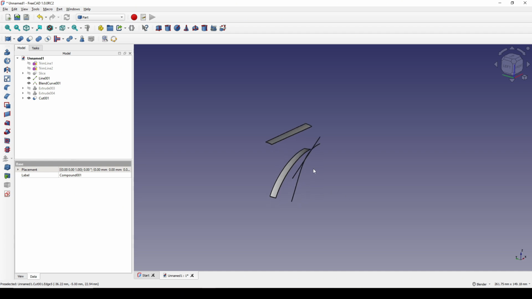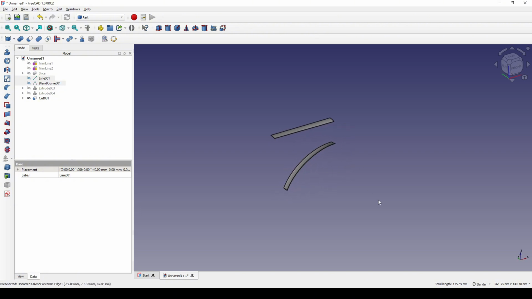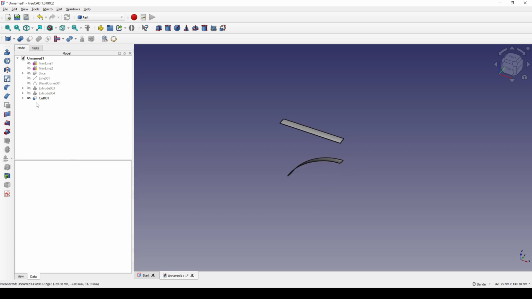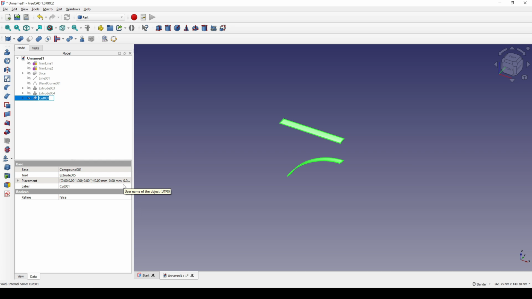And let me select the line and control-select the plane curve, and I hit spacebar to hide these two. Alright, and I call this one my two PC. Okay,